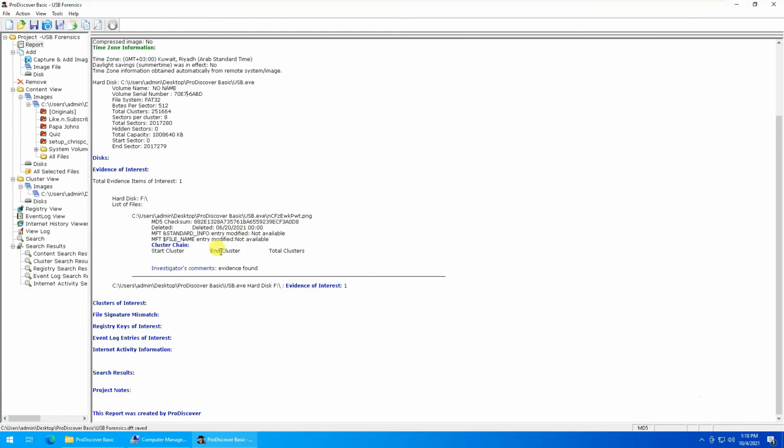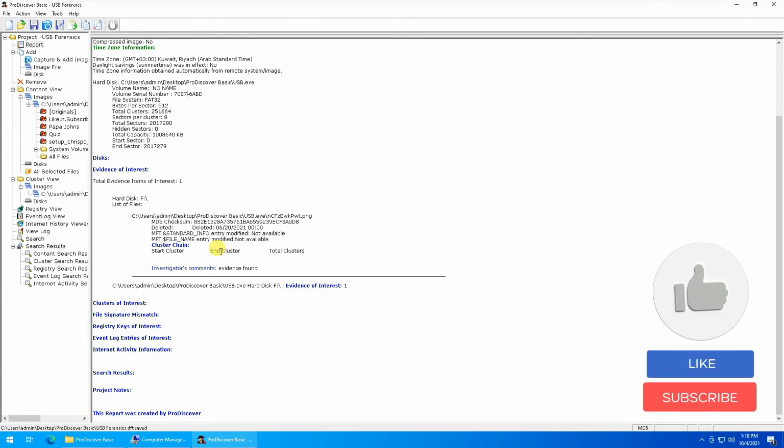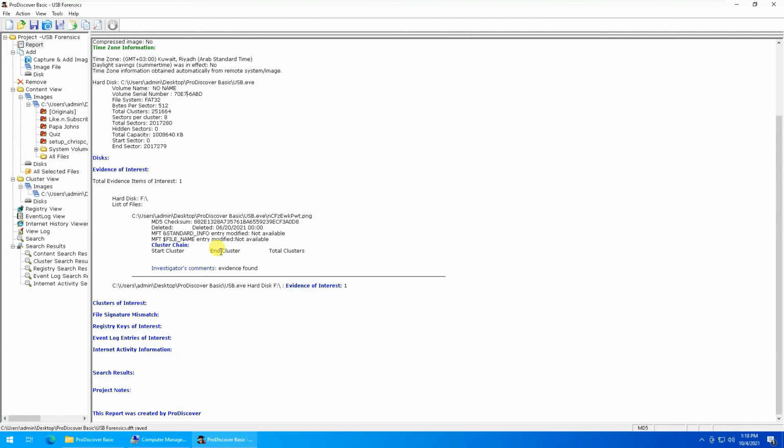That's pretty much about the software. It gives you the basic information and the way you can recover and view the contents of it. Once the image is created, you'll work on the image rather than working on the original disk. That's it for today. Thank you very much.